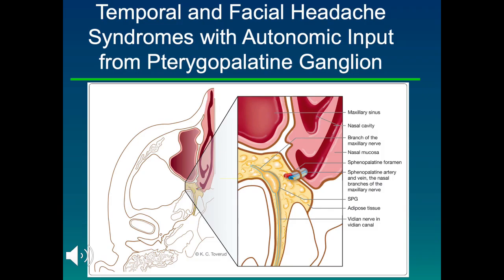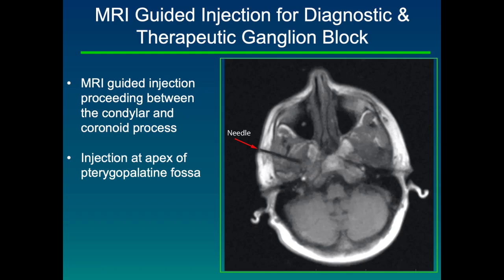So with this anatomy in mind, there is a very nice access to reach this, to treat these areas of potential pathology. What you're seeing here is an image from an MRI-guided procedure with the MR-compatible needle approaching from the right side. The needle is reaching deep into the pterygopalatine fossa, the apex of the fossa, and it is entering between the condylar process posteriorly and the coronoid process anteriorly. This is probably best done under anesthesia, so you can have the patient in a steady slack jaw position